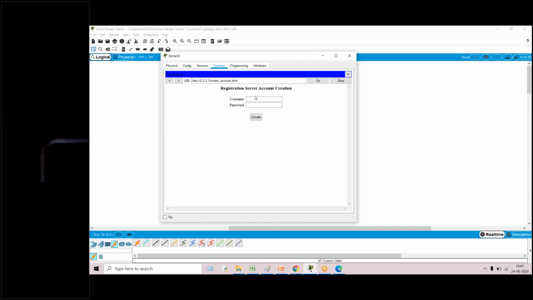This is the first time I'm using it, so I have to sign up. You have to give any user ID and password. I'm just giving admin and admin.